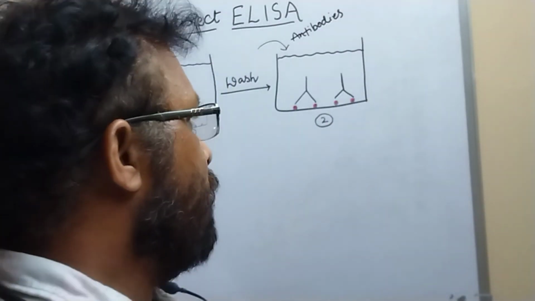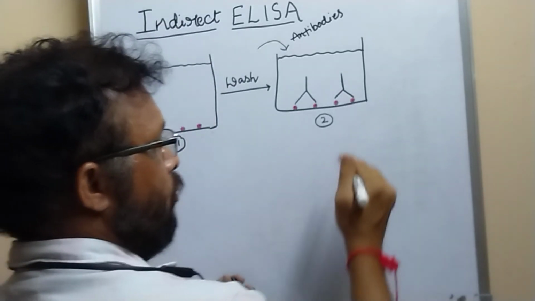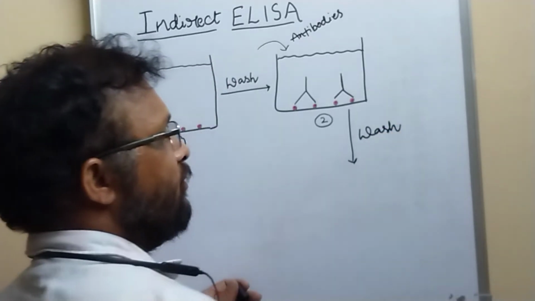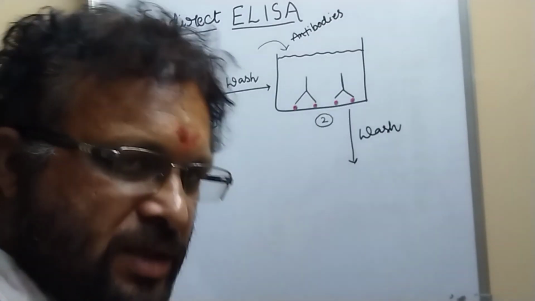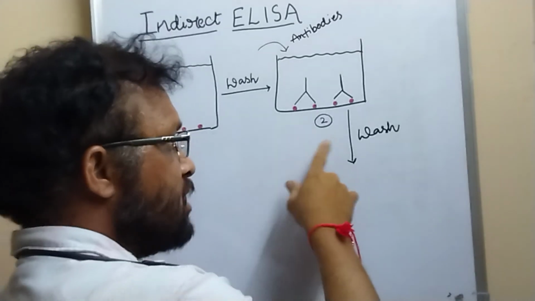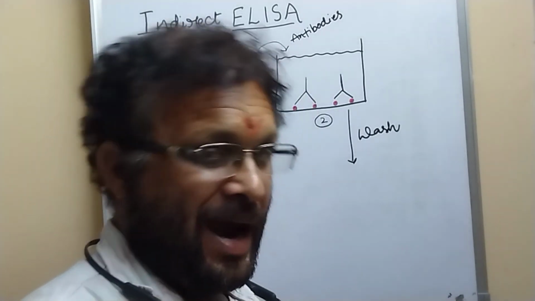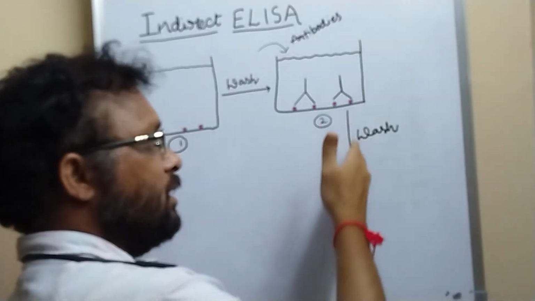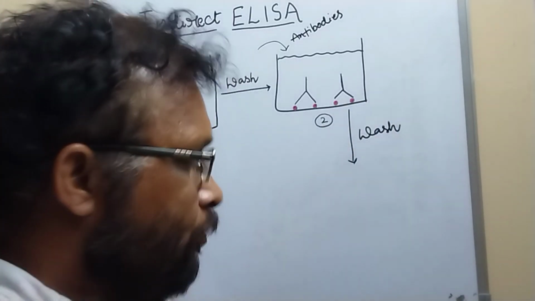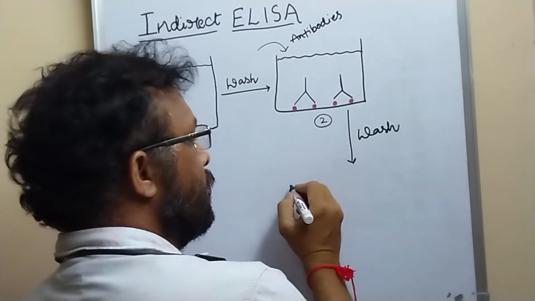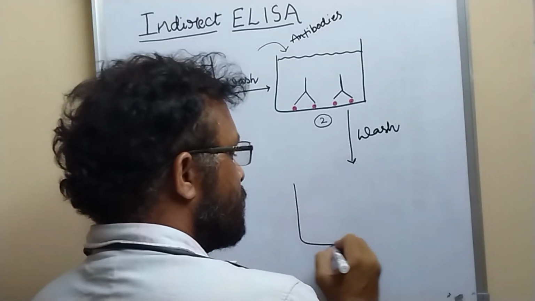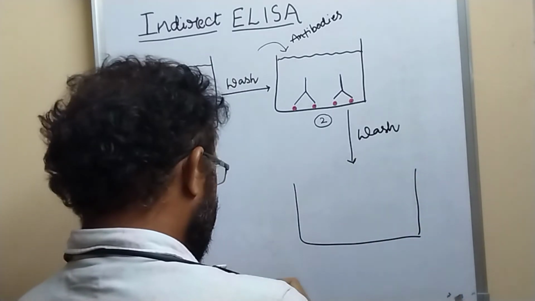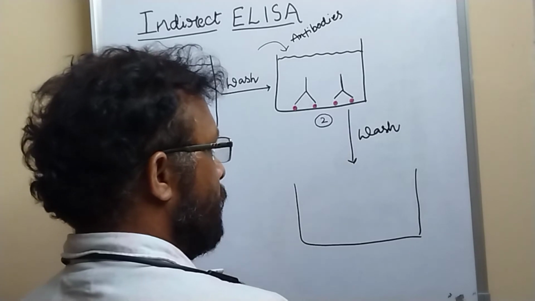Now again we have to perform a wash step. The purpose of performing the wash step is to wash away any unbound antibodies. Any unbound primary antibodies will be washed away by conducting the wash step. Then, in the well in which there are antigen antibody complexes,